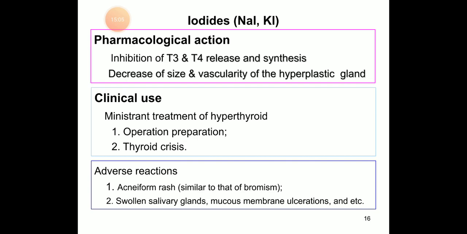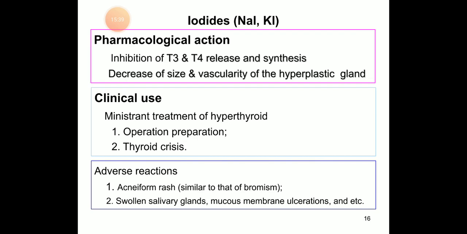It inhibits synthesis of iodotyrosine and iodothyronine, and that is called the Wolff-Chaikoff effect. This is due to a high intracellular concentration of iodide. With time, there is an escape from this effect. It limits its own transport, resulting in low iodide levels. When given along with a thiourea compound, it prevents the increase in size and vascularity of the goiter that can occur following antithyroid drugs. The common adverse drug reactions are basically